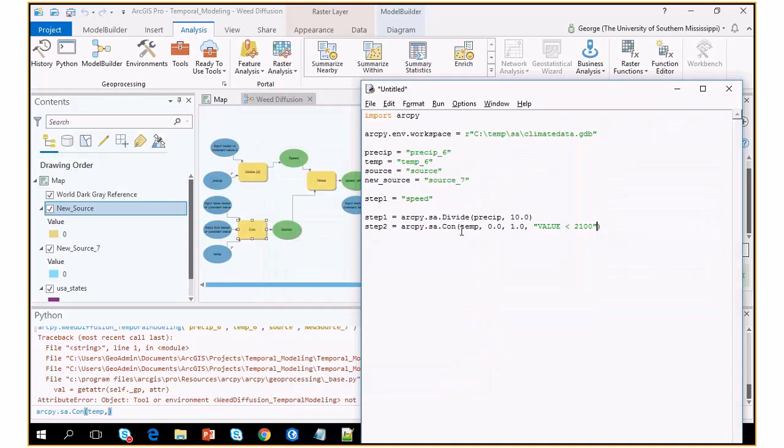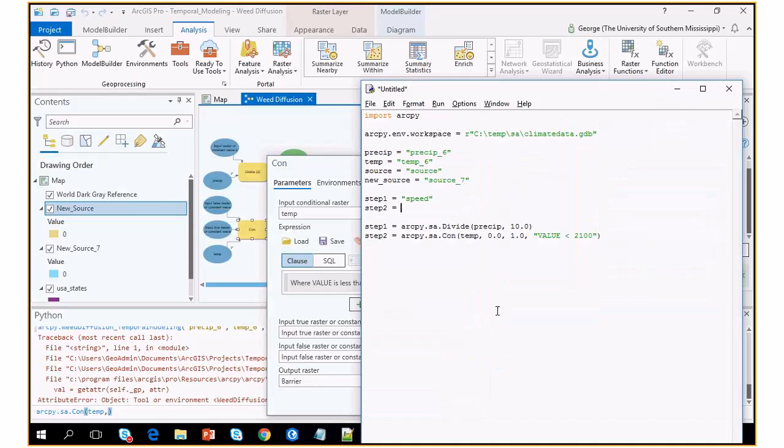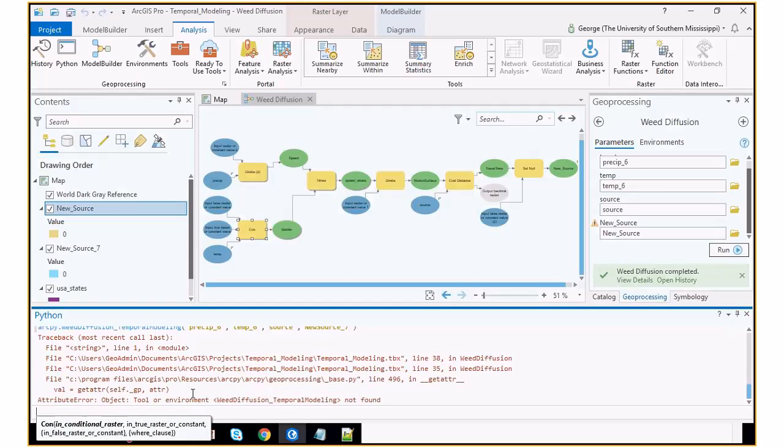So what this is going to do is execute that conditional statement using the same parameters. It's going to save it to a data set that we store in step 2, which I don't know what I called it here. I called it barrier. So I'll keep that consistent. Call this barrier. So now it's going to run and save it out into a new file called barrier. Let's see if this works up to this point. I think I might have actually made a syntax error already, but